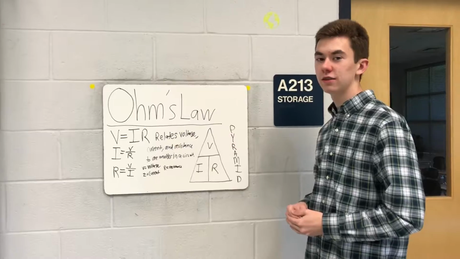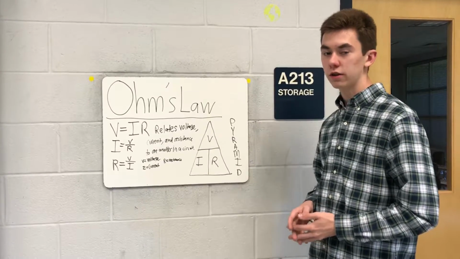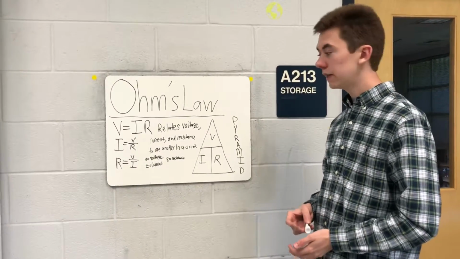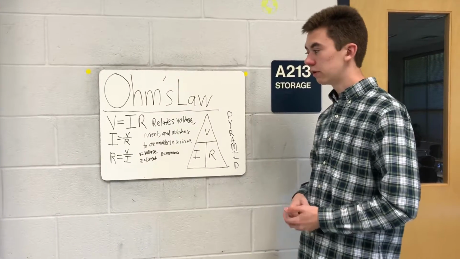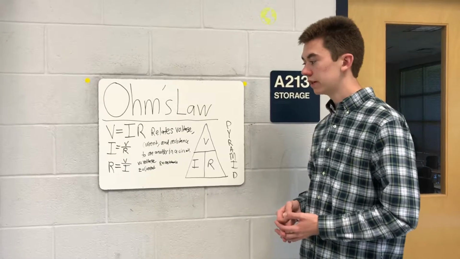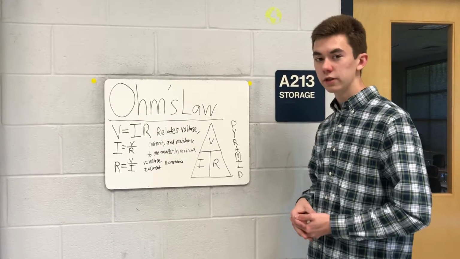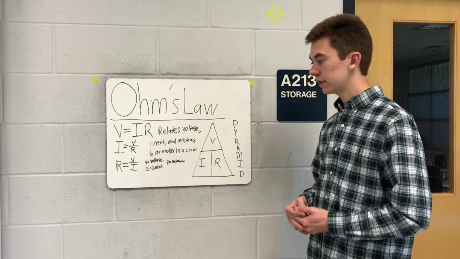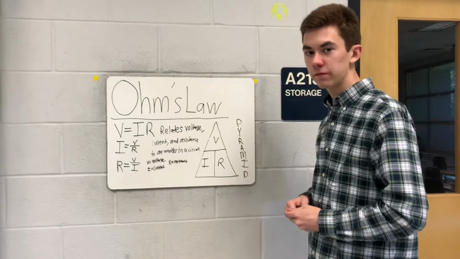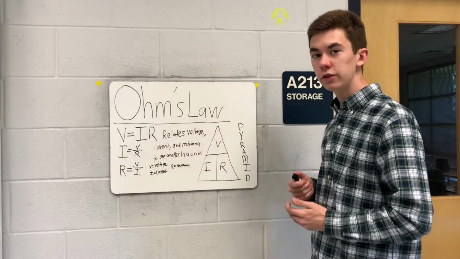a circuit. So Ohm's law is used to relate voltage, current, and resistance to one another in a circuit. And the formula is V = I × R, which is voltage is equal to current times resistance. And this can also be rearranged using the Ohm's law pyramid to current equals voltage over resistance, or resistance equals voltage over current. So to use the Ohm's law pyramid, you want to cover up what you want to find